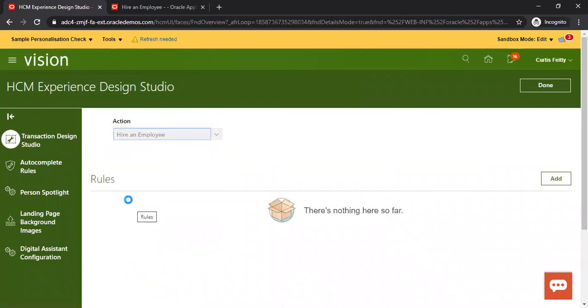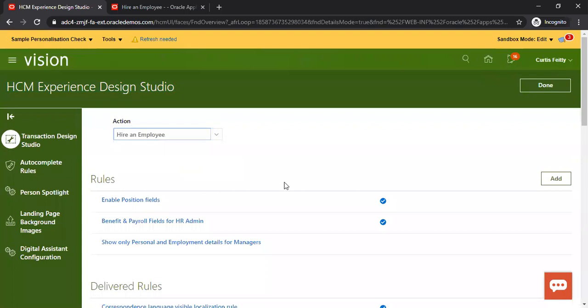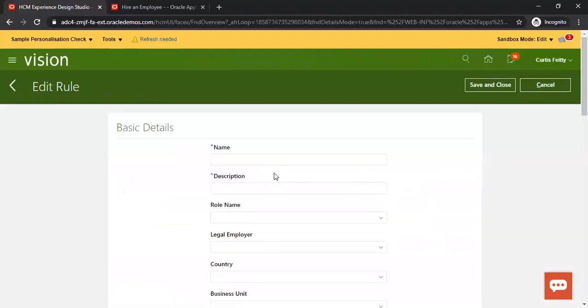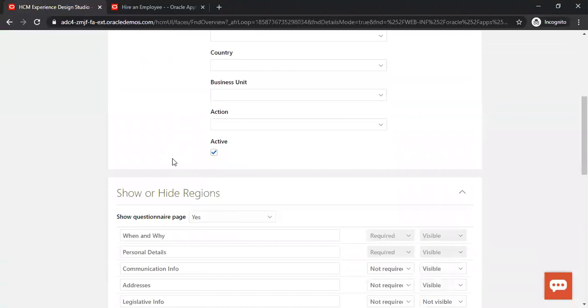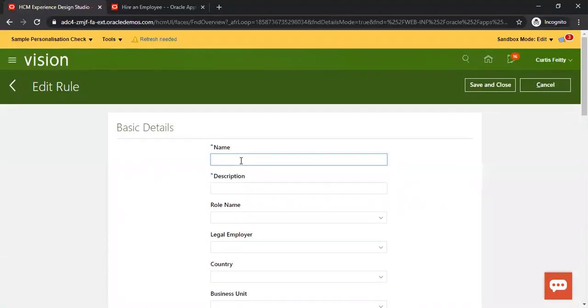And here let me create a new one. In this rule, what I'm doing is